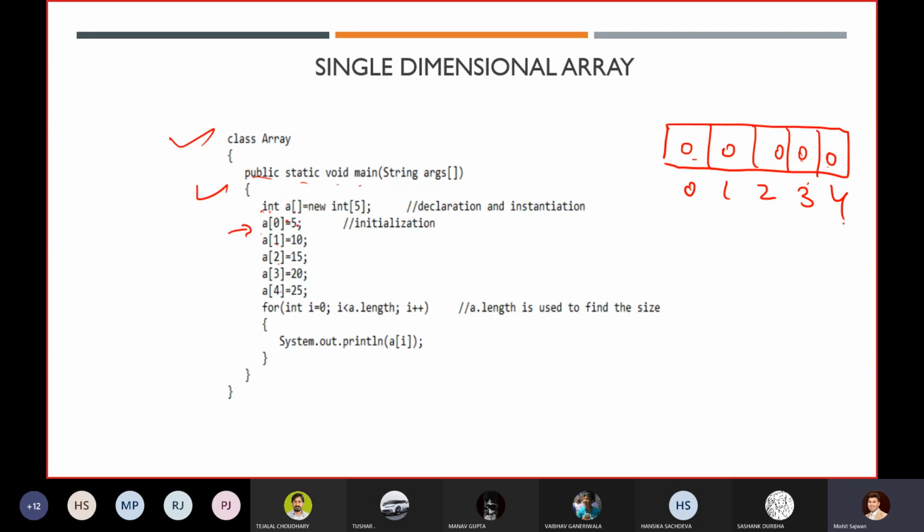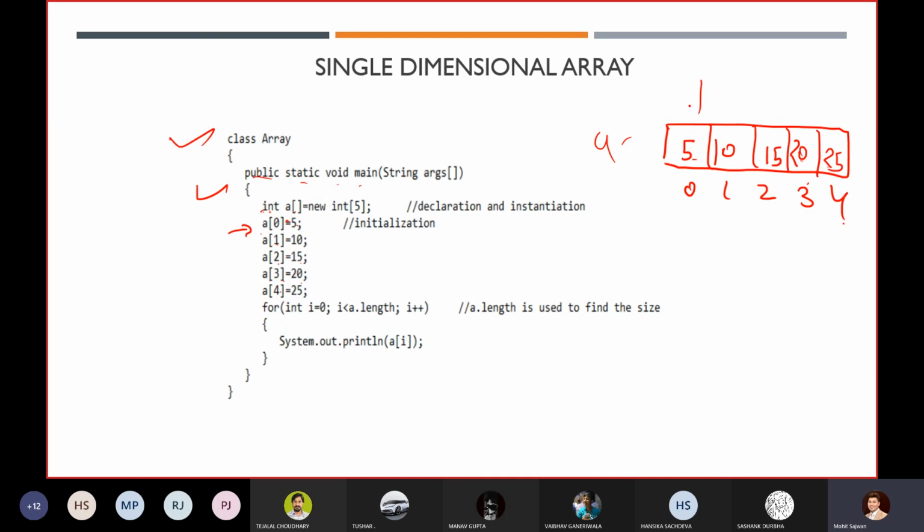0 1 2 3 4 में 5, 10, 15, 20, 25। तो यहाँ पर आपकी क्या आएगी, 5 आएगा, 10 आएगा, देन आपका 15 आएगा, देन a ऑफ 3 में आप 20 कर रहे हो, राइट, और लास्ट में आप 25 कर रहे हो। सो अब आपने वैल्यूज को भी अपडेट कर दिया।